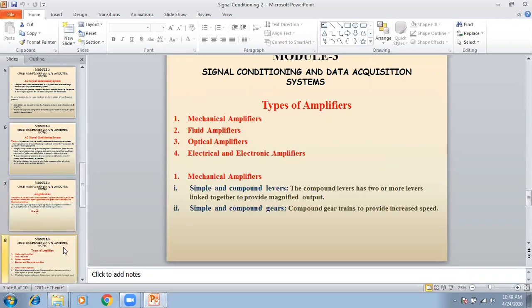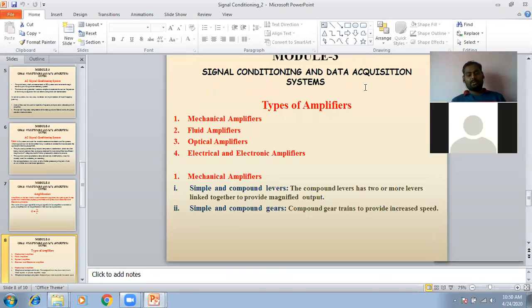So next, what are the types of amplifiers? The types of amplifiers are mechanical amplifiers, fluid amplifiers, optical amplifiers, and the electrical and electronic amplifiers, which you are more comfortable with. I am not going to discuss this because you have read it in the OPAMP and LIC subject, right? In that you know more about electrical and electronic amplifiers like the subtractor, adder, inverting amplifier, and non-inverting amplifier. Those come under electrical and electronic amplifiers. So just discuss that whenever they ask about the electrical and electronic amplifier. That's it, right? The first part is the mechanical amplifier, right?